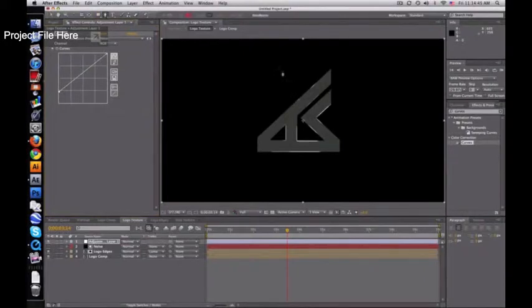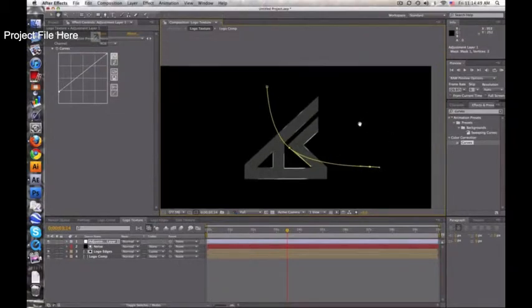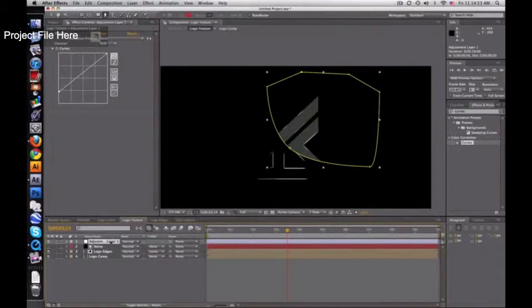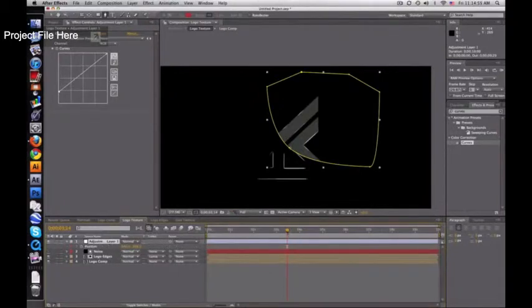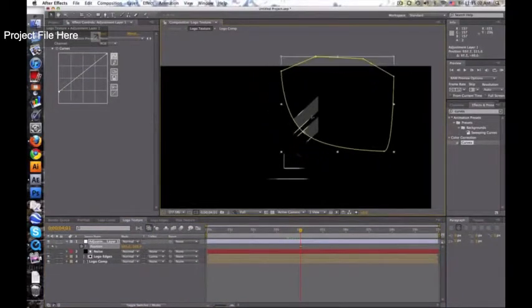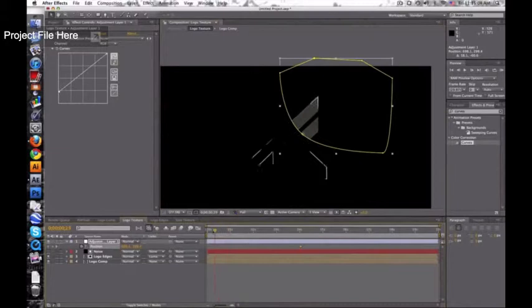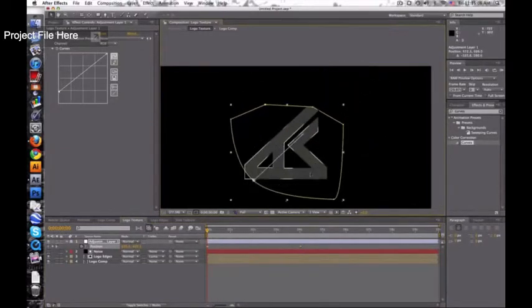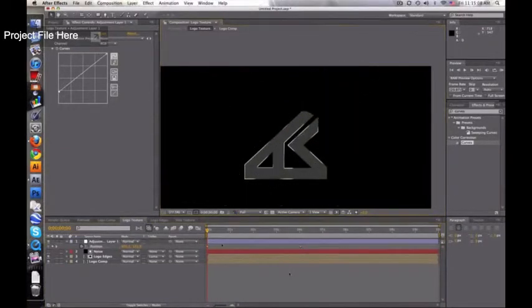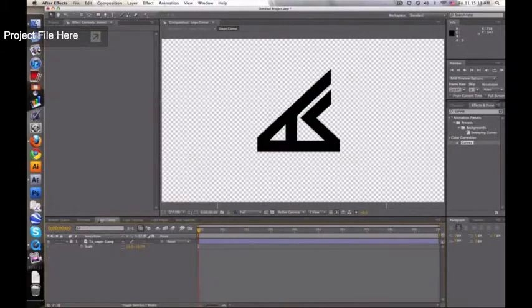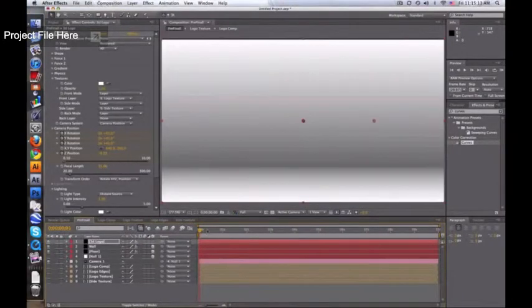And use your pen tool to make a curvy shape like that. And just go ahead and close it. And animate the position of this. So at 4 seconds, we want it to stop. Let's move it right about there. And then at the beginning, we want this to go down, pretty much fill the whole thing. So when we look at this now, we find it'll zoom in here,